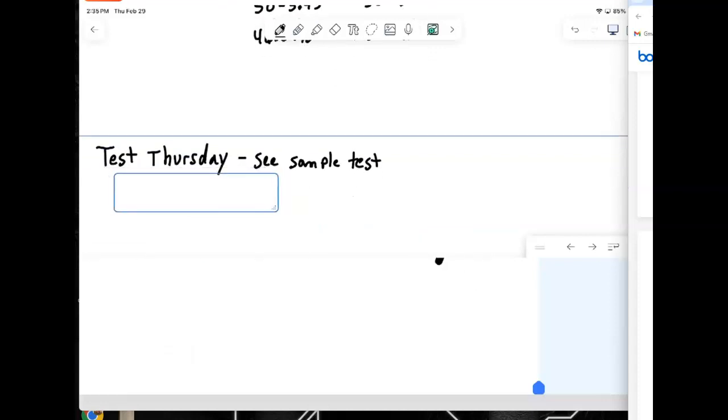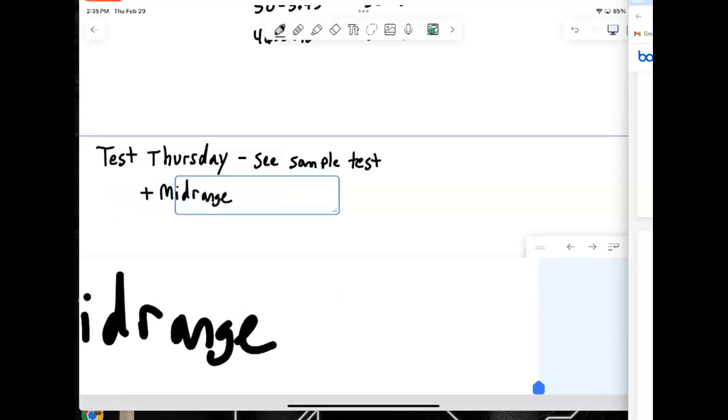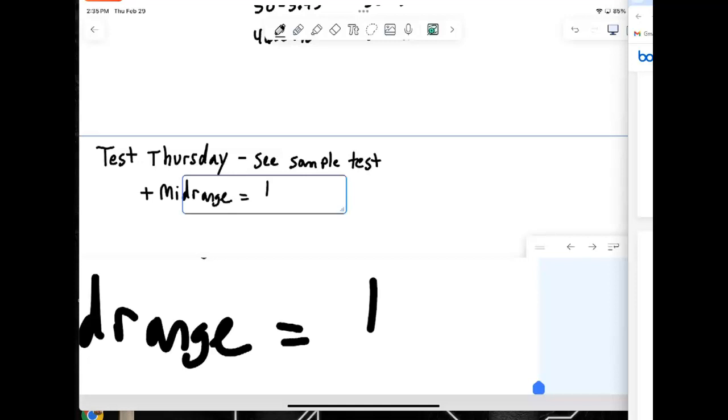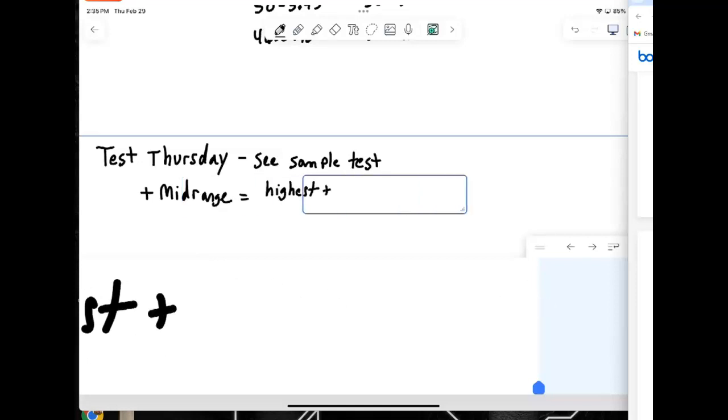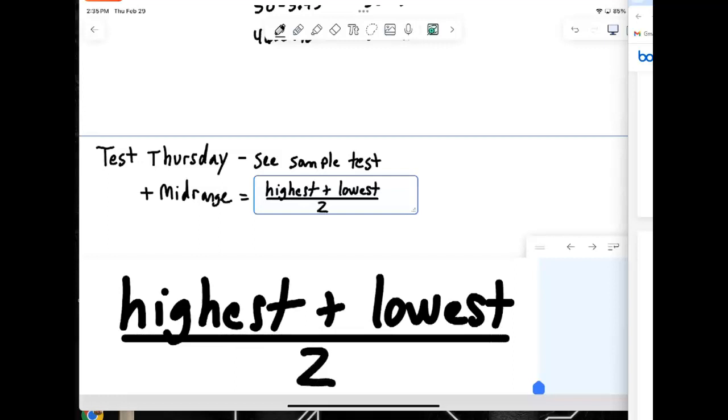So on the sample test, there are things you want to be aware of that we talked about, so please go back and look through these. One is the mid-range. Remember, mid-range is the highest plus lowest divided by 2, right? Please be careful not to confuse that with the range, which is the highest minus the